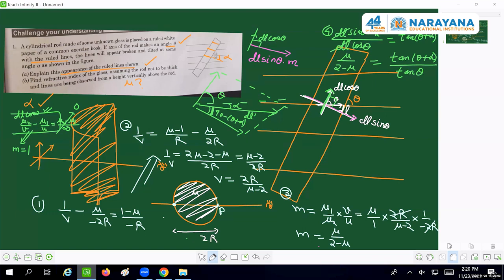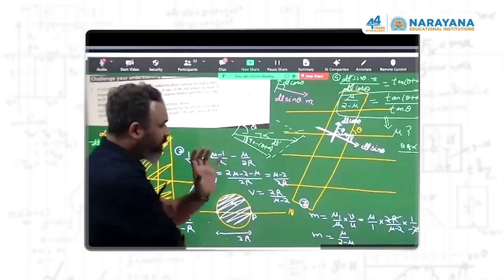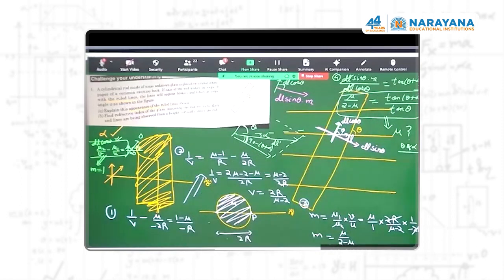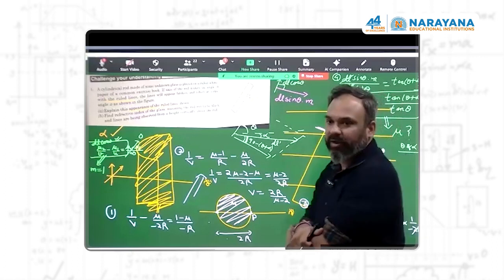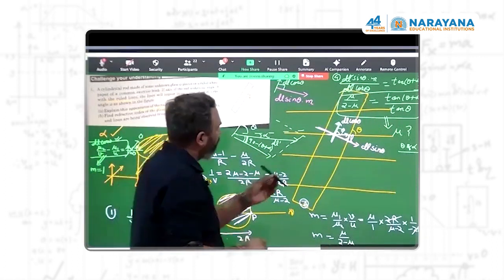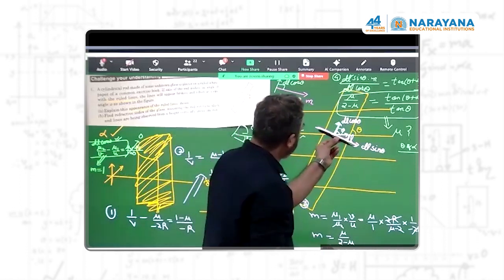And I think if you eliminate mu from this equation, once you solve it further, you should get your answer of mu in terms of theta and alpha. Calculations apart, conceptually, this is the case. The point is, this setup is acting like a cylindrical lens, honestly. And for the cylindrical lens, the two transverse orientations which have been given to you,